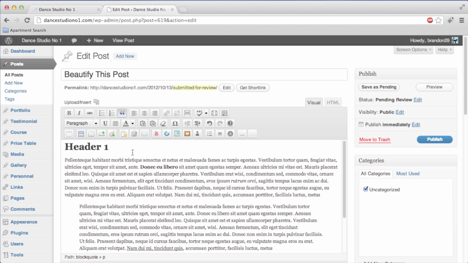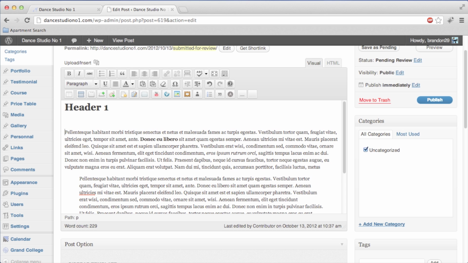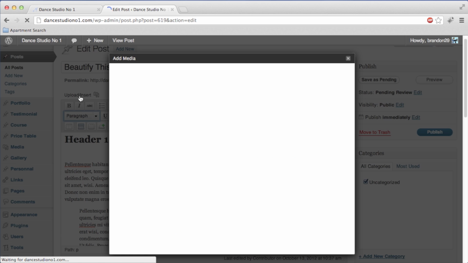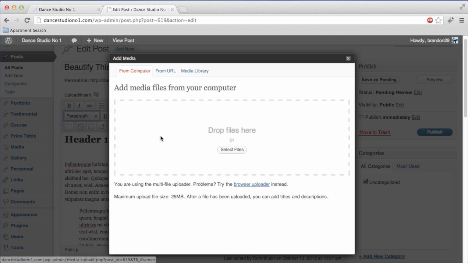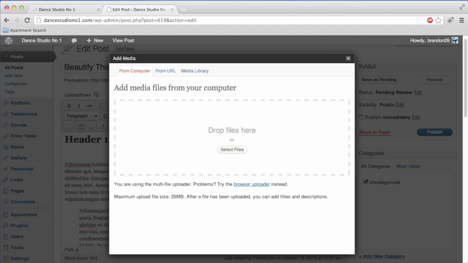And then, you know what this is missing? It's missing an image. Let's put an image of the dance studio right at the top here. So I'm just going to click onto a new line and click my cursor in between those two, and then there's this upload insert button right here. And click on that, and it's going to bring up my add media. And it's as simple as dropping files here. You can still select files by clicking this and navigating through, but I'm just going to drag and drop a